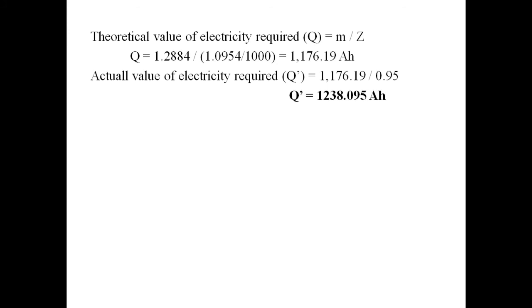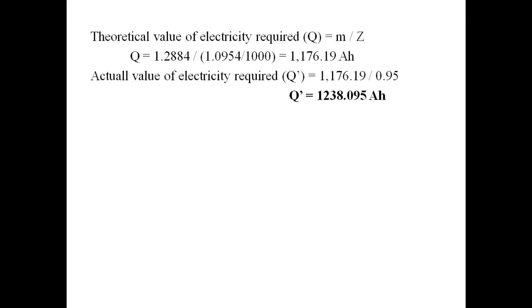See, we don't have 100% energy efficiency, that is why we require more energy here. So compared to the theoretical value, this value is more. We require more energy than the theoretical value. That is the practical answer. So q dash is the actual electricity required to get that particular nickel layer on a shaft. So we found the q required, the electrical quantity required.